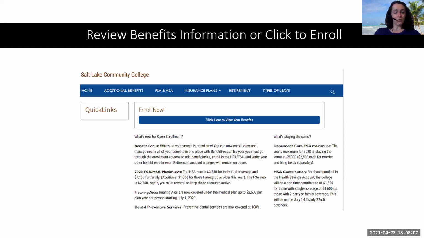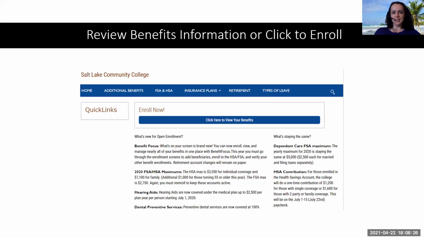Once you log in through one of the 3 different methods that you've chosen, it will take you to this page. This page is the communication portal, where you can learn about the benefits that are offered to you. This information of what benefits are offered is also on the website for HR's page on the SLCC website.